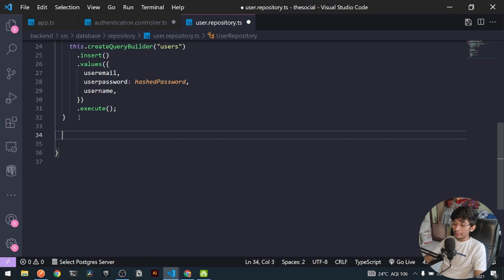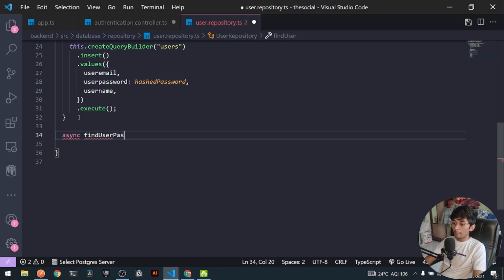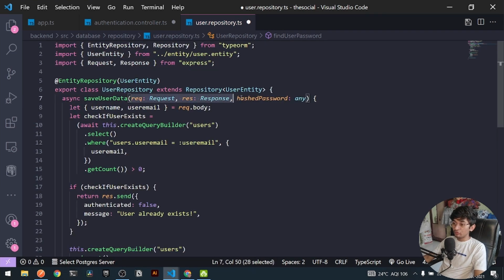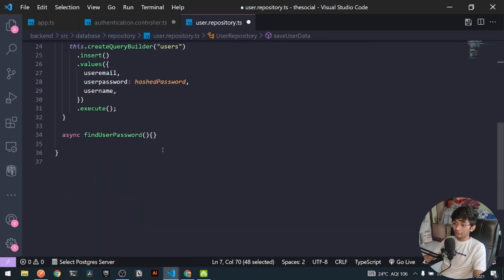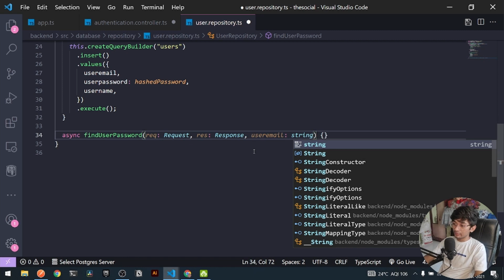So I can add a new method here which will be asynchronous, findUserPassword. This will require certain arguments, so I can copy my arguments of request and response, also hash password, but we don't need that, so we can remove it. And here I can find my user password. For finding the user password, I can also provide an argument of user email, which will be a string, right?